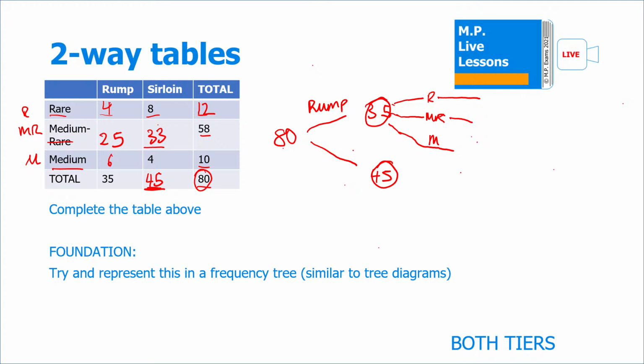So the steaks that were ordered rare and were rump steaks, that's 4 of them. Medium rare and rump steaks, that was 25. Medium rump steaks, that was 6. And lastly,